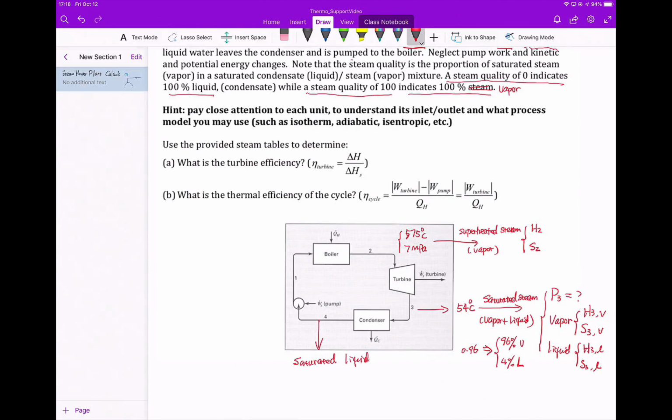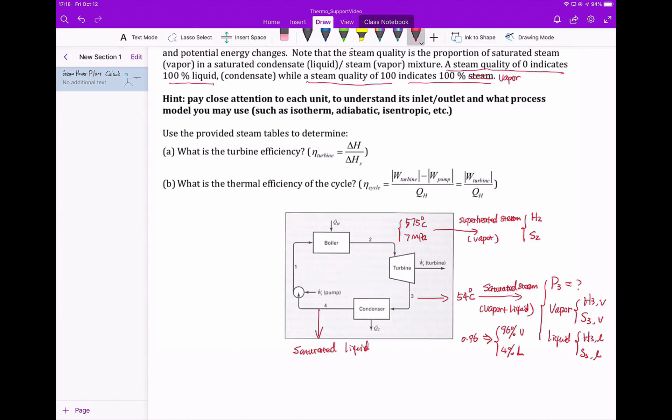So now let's take a look at that saturated. If I know this is saturated, then I only need to know one condition, temperature. What is that, T4? Okay. And if I know the temperature of this saturated liquid,